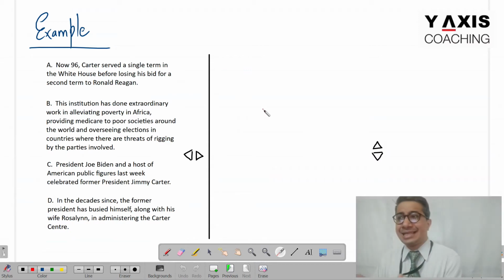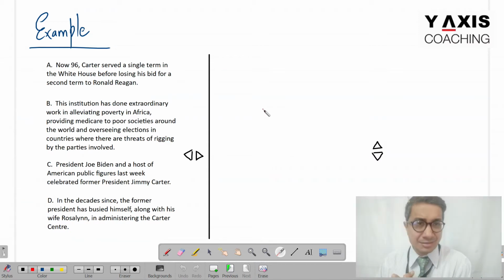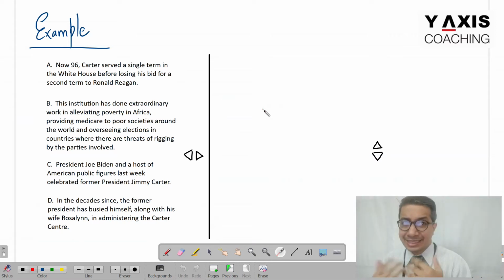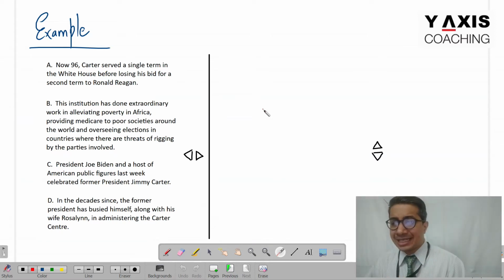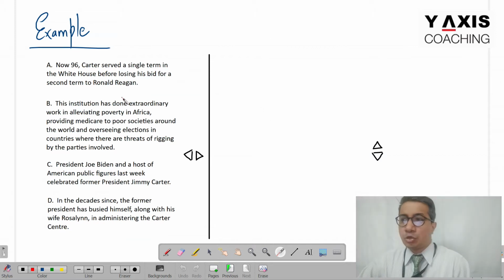You can already see an example here. We have 4 sentences which are not in the correct order. And you can also see a schematic representation of how it would appear. Of course, this is a schematic representation. It's not exactly how it will look.